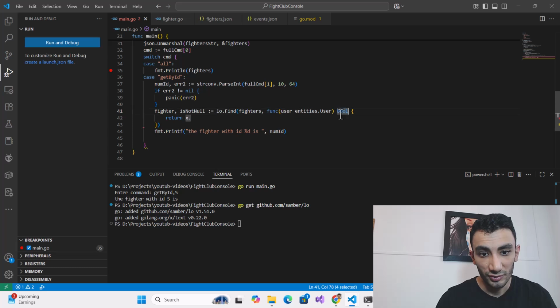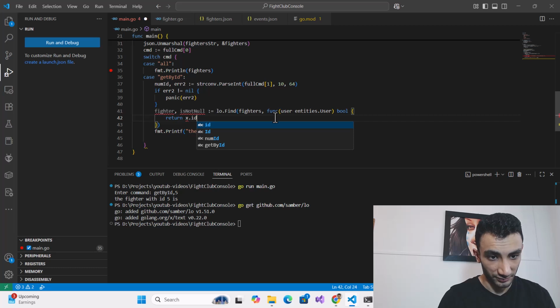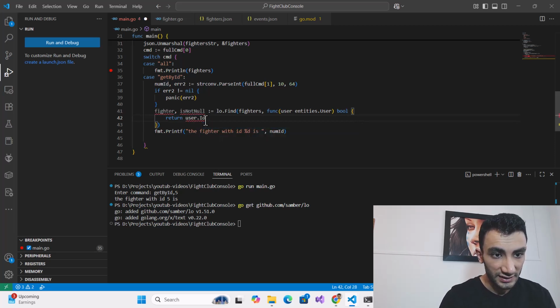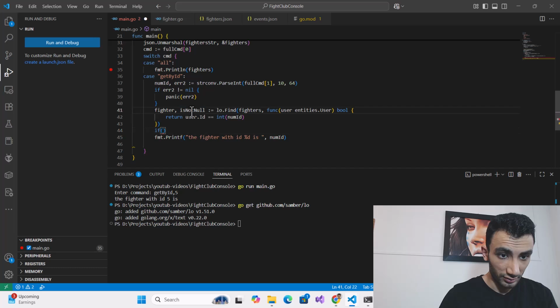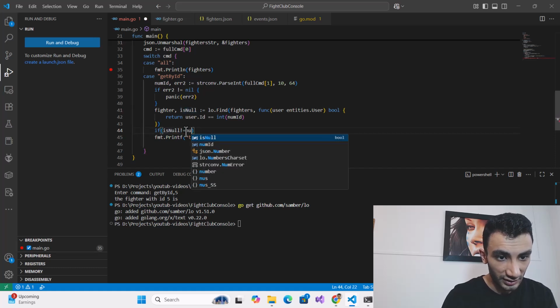It has to return one boolean, and say ID where user.id is equal to num id. Is not null, or is null. Not equal to nil.